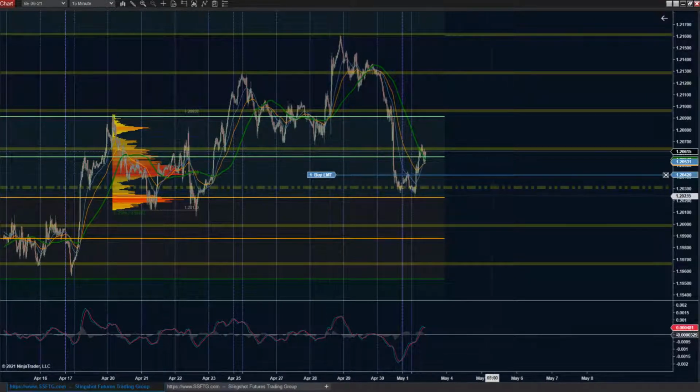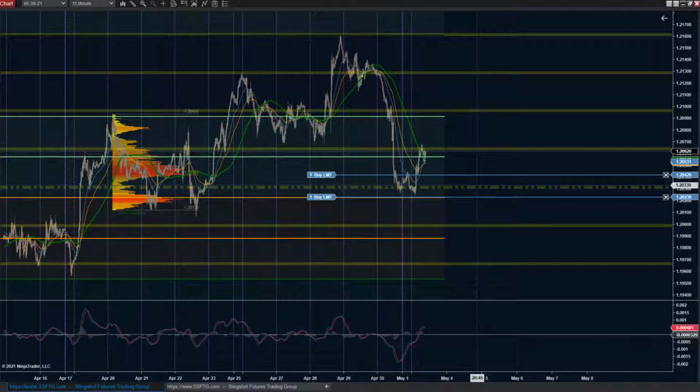I'm going to keep it a little bit smaller because I would like to see if they can give me that dip back down for a quick little test of L2. I know I'm being greedy, and chances are I'm probably not going to get it. I know how it works, but I would love to see that 20230 area for the swing buyers to be able to pick this zone up.